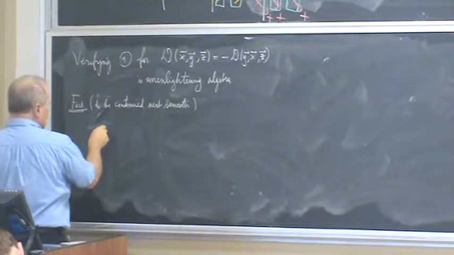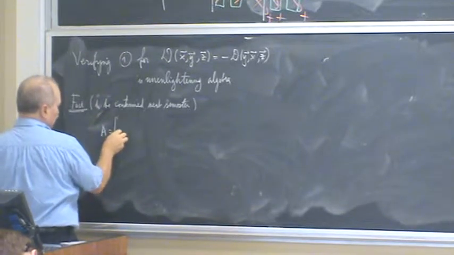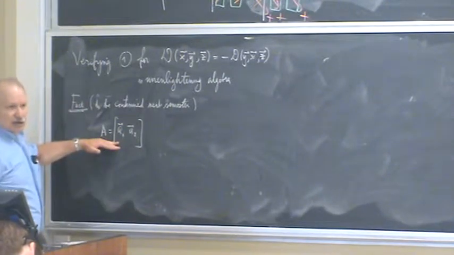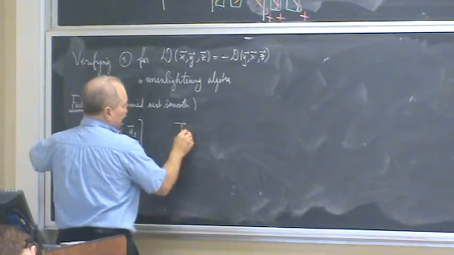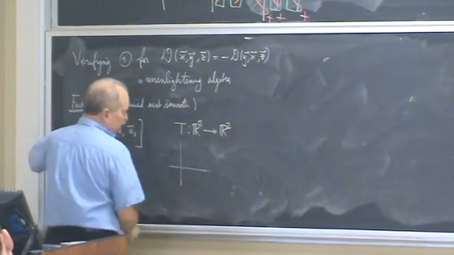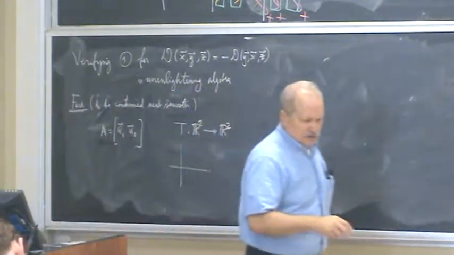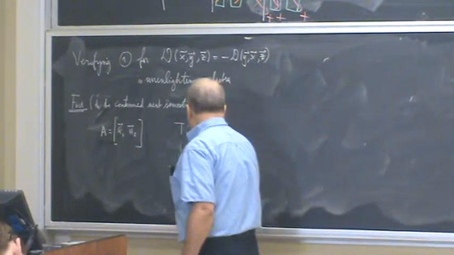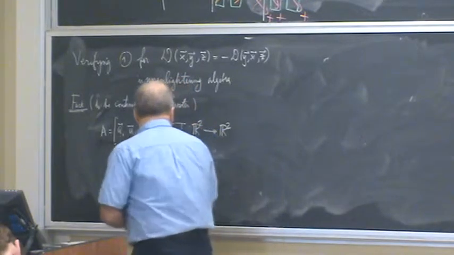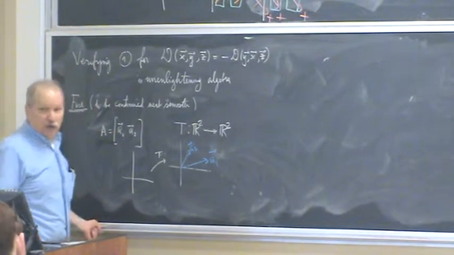So for 2 by 2, if you took a matrix A and you thought of it as 2 column vectors, representing a linear transformation from the plane to the plane, what's the meaning of A1 and A2? Well, it's 2 vectors, right? But where did they come from? They came from applying that linear map and seeing where